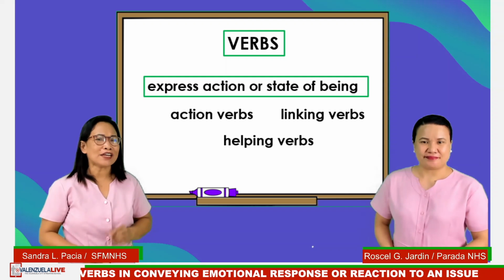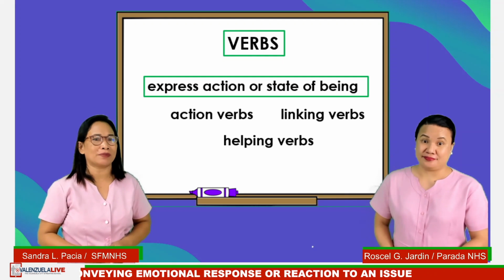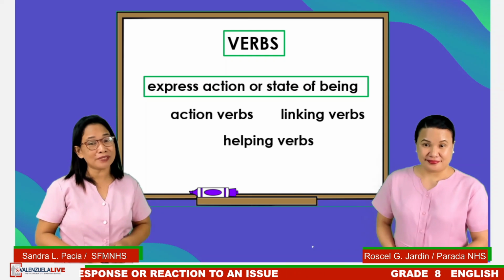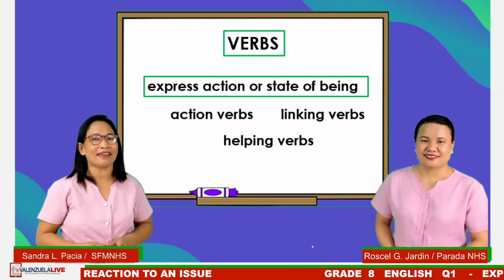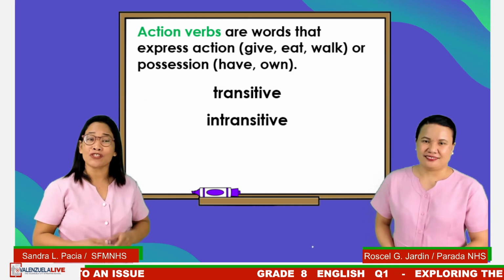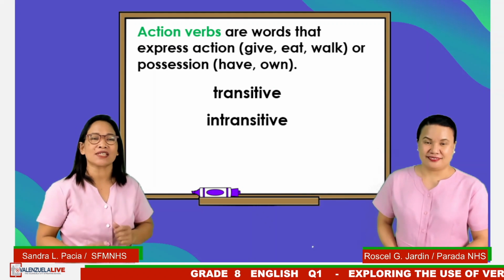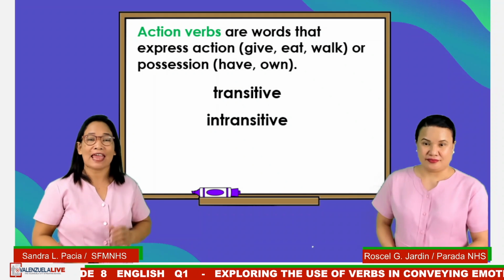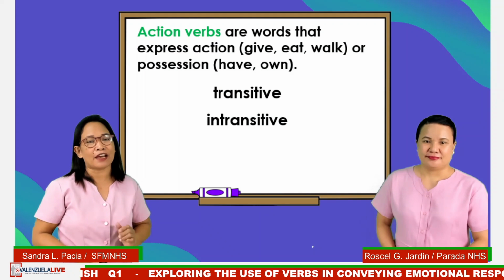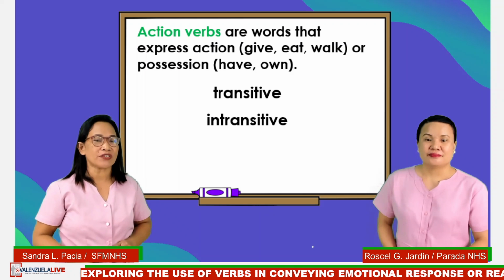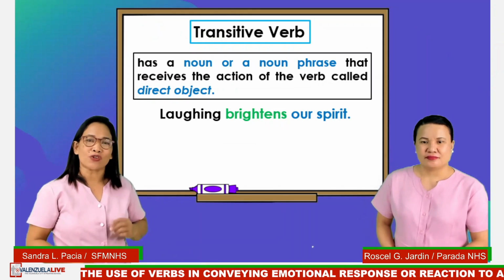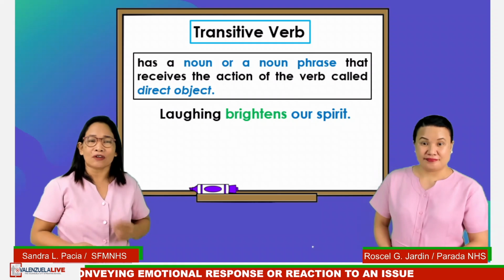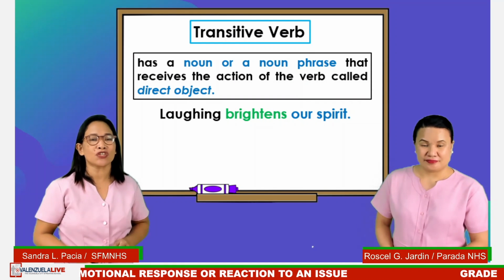All right, let us learn about the main types of verbs. There are 3 types of verbs: action verbs, linking verbs, and helping verbs. Action verbs are words that express action: give, eat, walk, or possession: have, own. They can either be transitive or intransitive. When we say transitive verb, it always has a noun or noun phrase that precedes the action of the verb